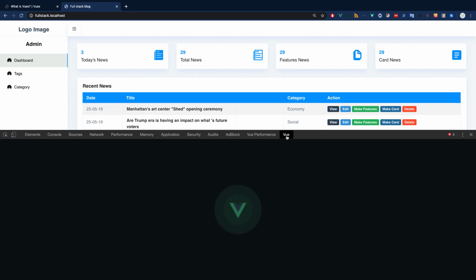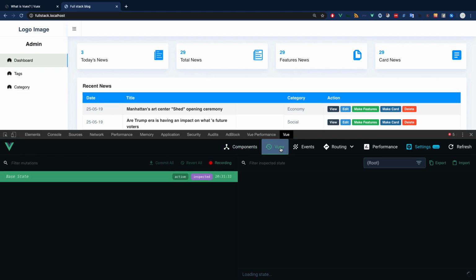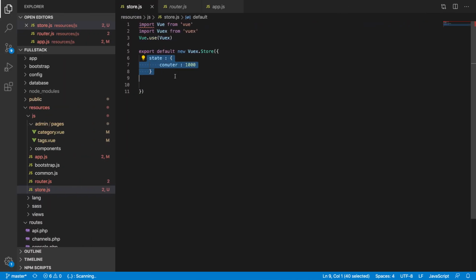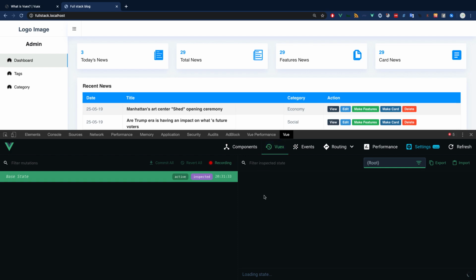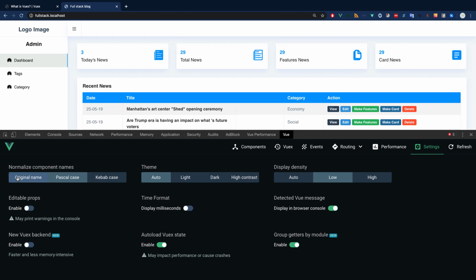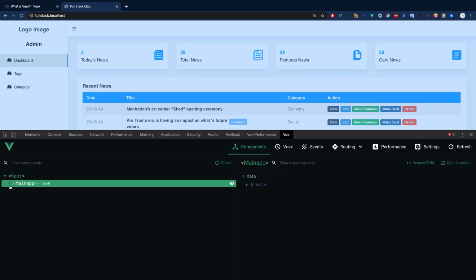Now here, if we come to the dev tool, we have Vuex, and sometimes this one gives me extreme pain. I hope it will not give me the pain. So here inside Vuex, you will be able to inspect all the state. So you will be able to see the state in your Vuex. Okay, so let's go ahead. I don't know why sometimes it doesn't work, sometimes it works. So let's go ahead